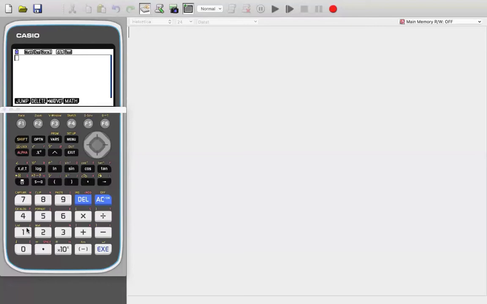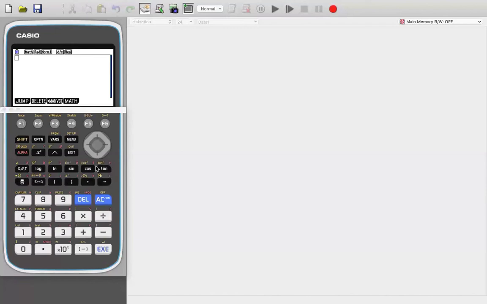Another thing I would like to mention is that let's say you want to divide 1 by 2. Of course, you get 0.5. Now, let's say in your exam paper, you have all answers in fractions and no answer in decimal, and you don't know what this decimal corresponds to. What you need to do is just press shift and this button. It'll give you the equivalent in the other form. If you have a decimal, it'll give you the fraction, and if you have a fraction, it'll give you the decimal.